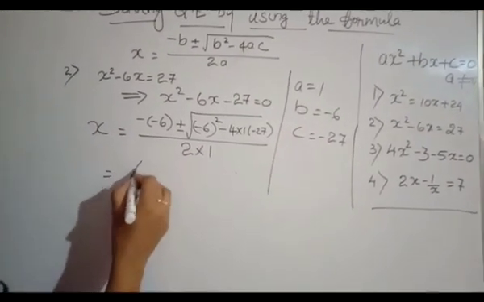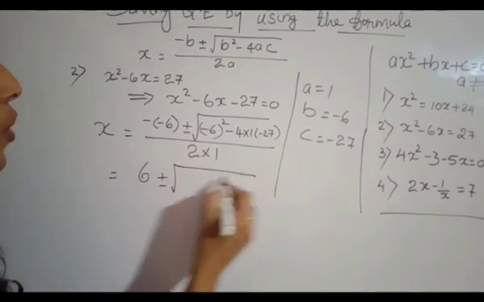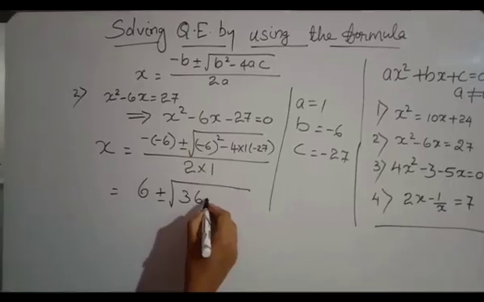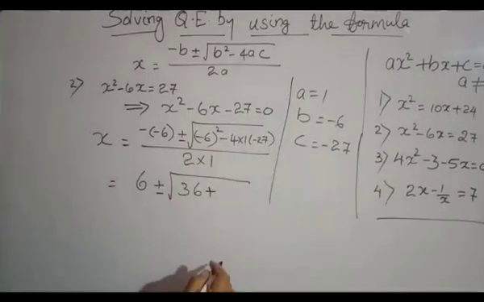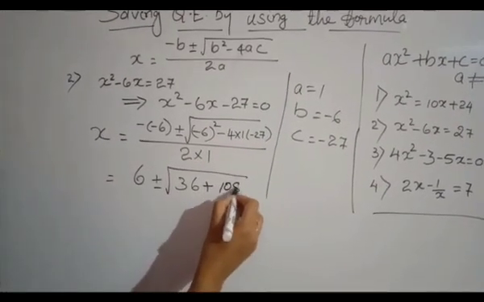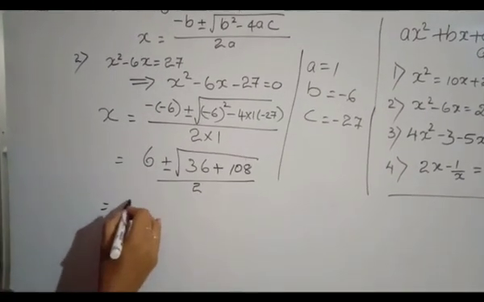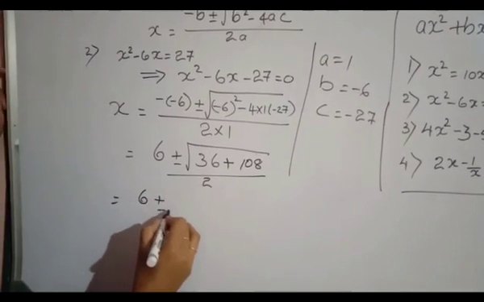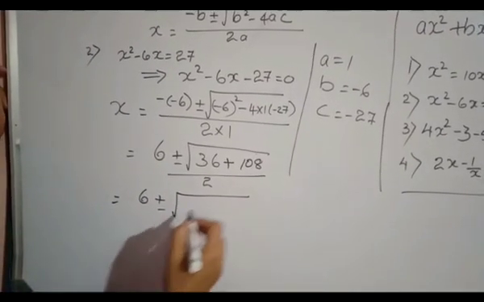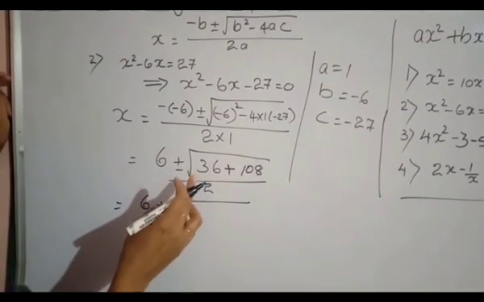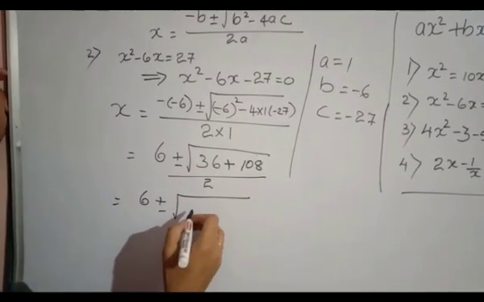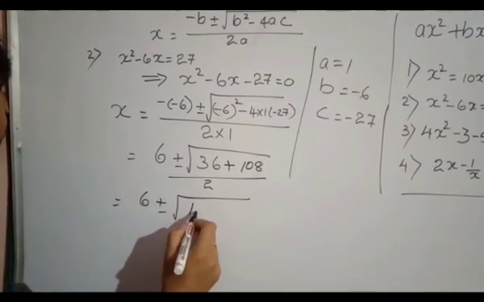So that's equal to 6 plus or minus root of 36 plus 4 into 27, 108 divided by 2. That's equal to 6 plus or minus root of 108 plus 36 is 144